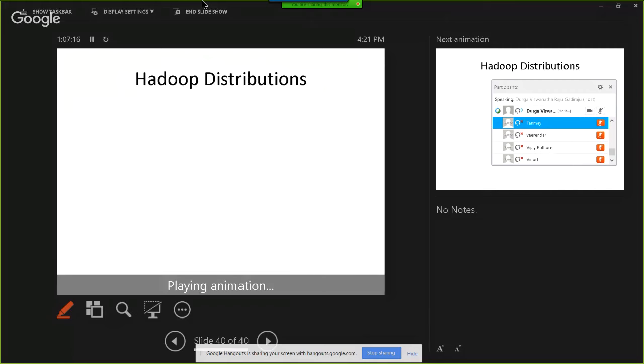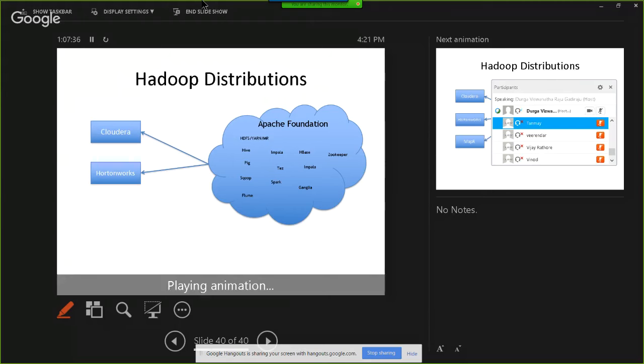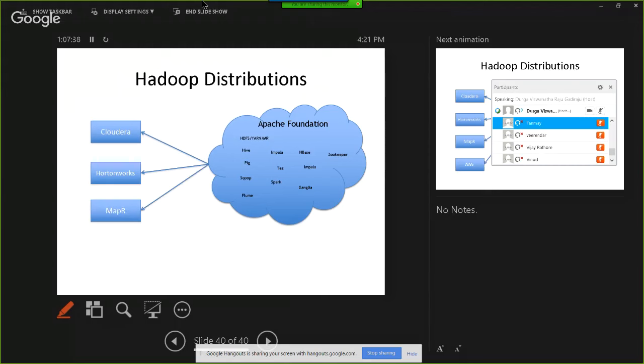Out of these also, Cloudera comes with something called Cloudera Manager, which will manage all these tools. They provide wizards to set up the cluster. They provide alerting notifications mechanism, etc. Hortonworks is also the same thing. Cloudera and Hortonworks are purely competitors. And then MapR, the only difference between MapR and the other two is that MapR has their proprietary file system, which is different from HDFS. Apart from that, the rest of the stuff is the same.